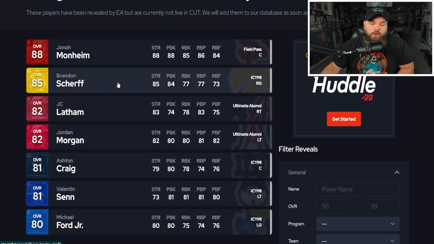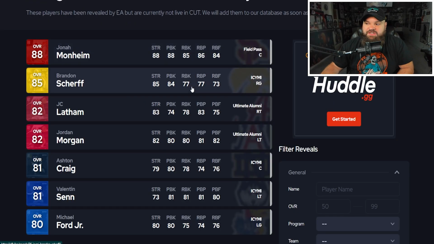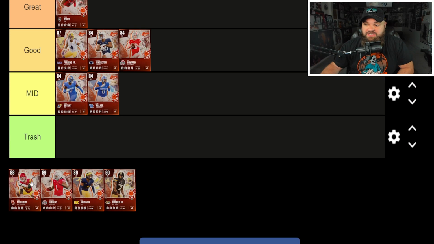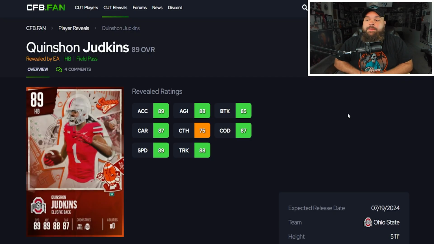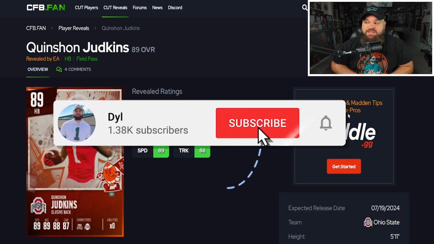Now there is only one decently high overall we've seen so far, but he also has the highest pass block power and one lower pass block finesse than Brandon Sheriff. This is another card that, like I said, man, extremely balanced. Great pass protector going up here. This is a card that I'm extremely worried, if there is no one around his speed, is going to be